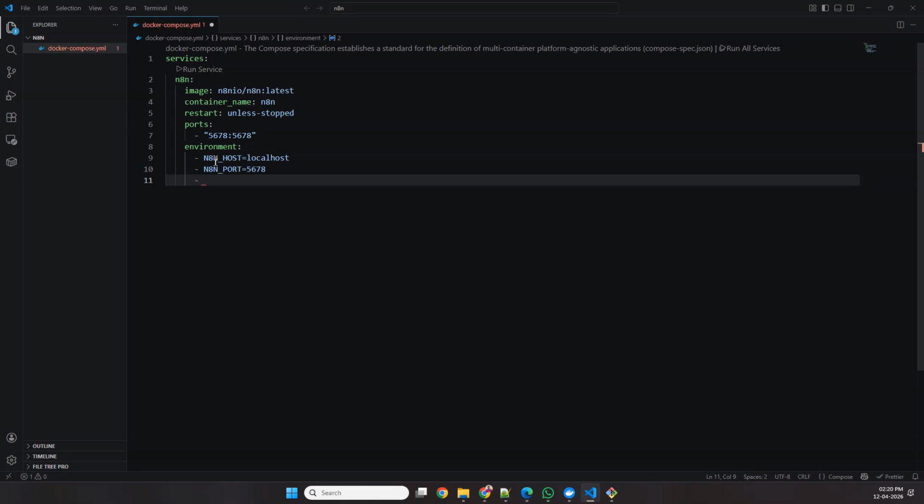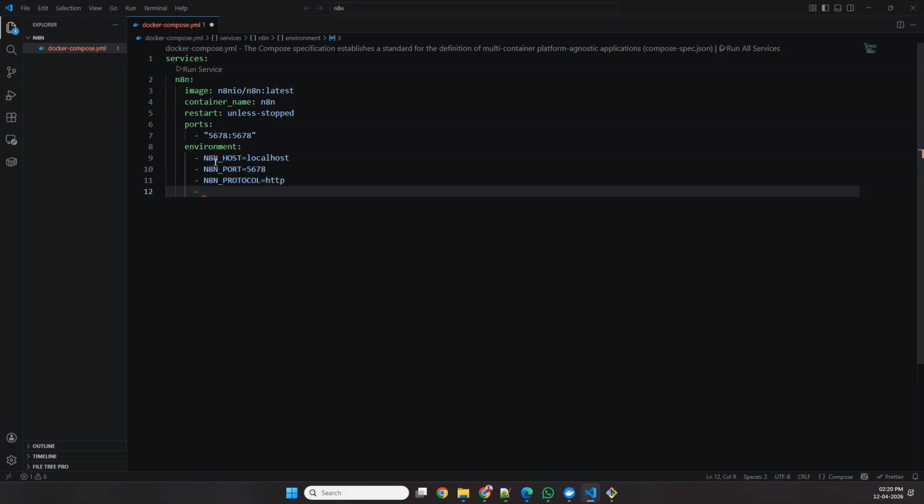Then the third one is n8n protocol. So it will be HTTP. Same thing, if you are in production and your domain has SSL, then you have to change it to HTTPS instead of HTTP. Okay. Then the next one,